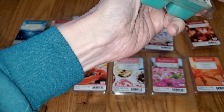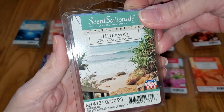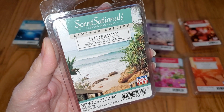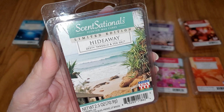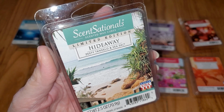Hideaway. Here's another one where the notes on the label do not match the actual scent notes. The notes on the label are zesty tangelo and sea salt. I don't smell tangelo, which would be an orange scent, at all. Sea salt, maybe. That's just one of those scents that's kind of thrown in there that you don't really smell